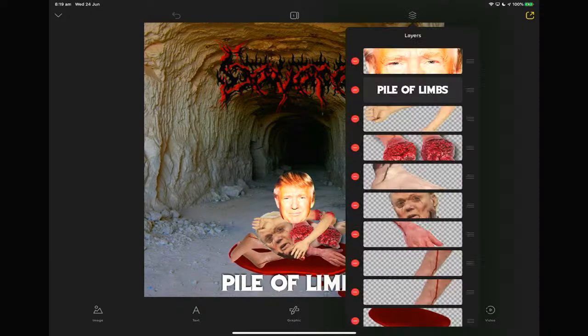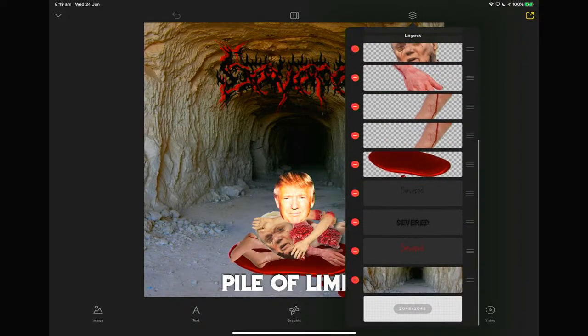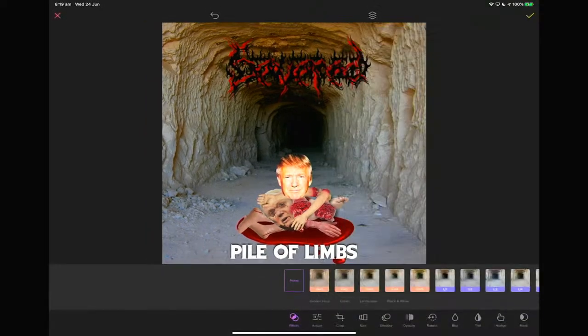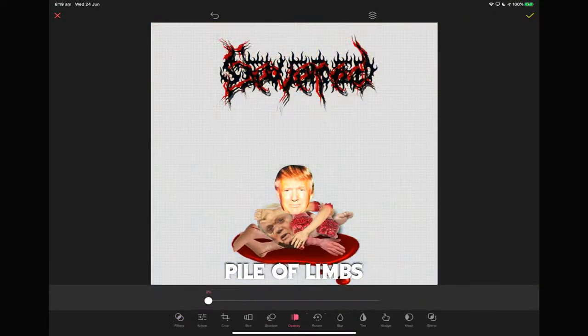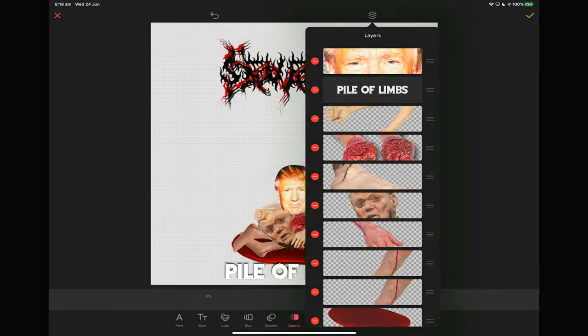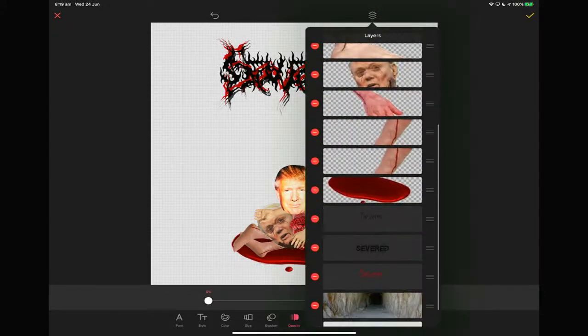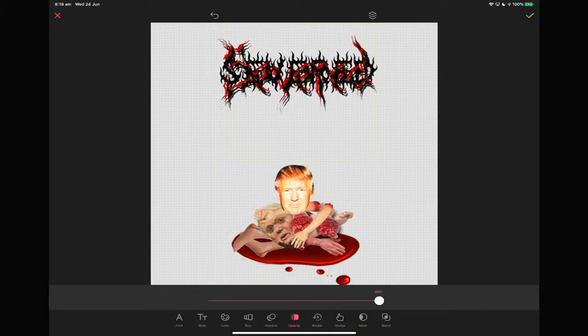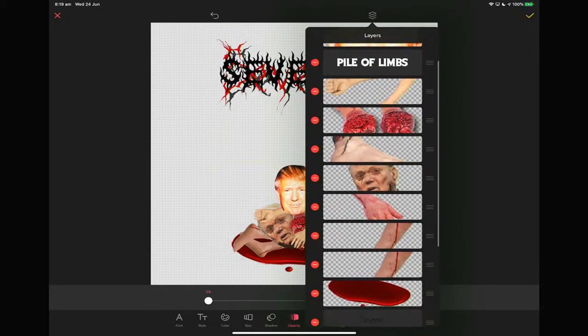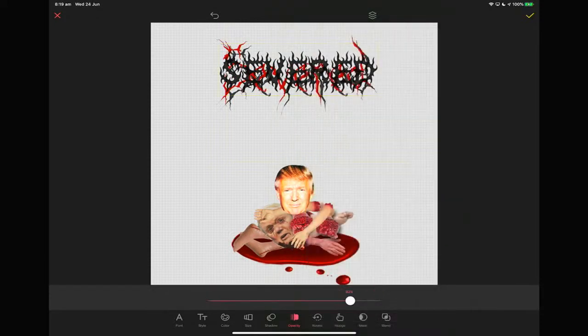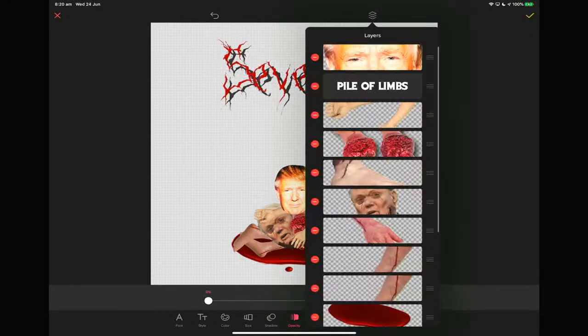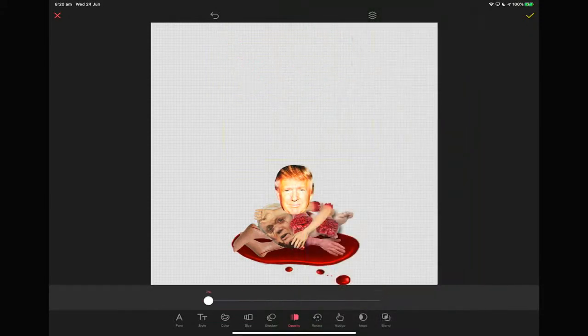If I go to the background of this album cover, click on it, and take away its opacity, all we're left with is a picture of Donald Trump on a pile of limbs. If I go even further and click on that pile of limbs, get rid of that writing, and then take all of that evil, unreadable death metal jargon up the top and take away the transparency of all of those, we're just left with a picture of Donald Trump on a pile of